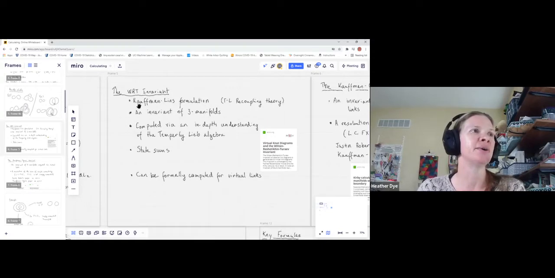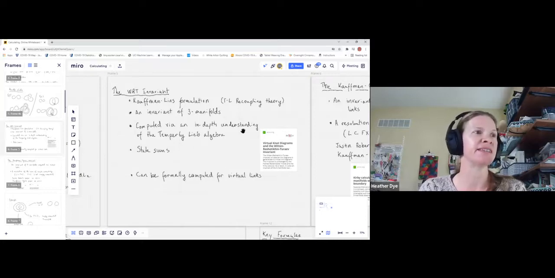We're thinking about the Kauffman-Lins formulation of this, which uses the Temperley-Lieb recoupling theory. This is an invariant of 3 manifolds, and the way it is computed is basically by an in-depth understanding of the Temperley-Lieb algebra. And we take sums over all these different possible